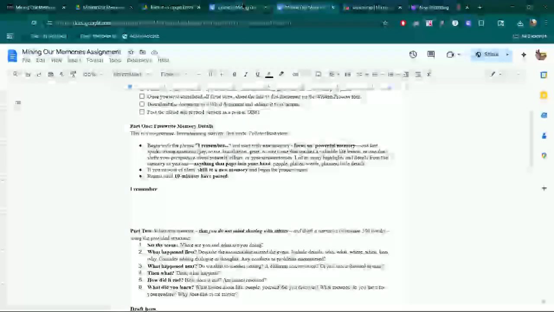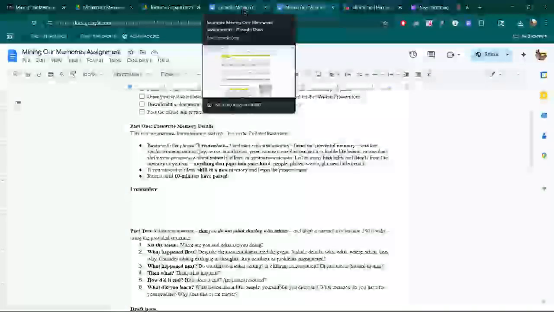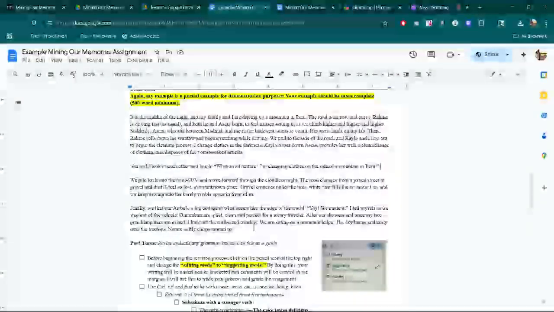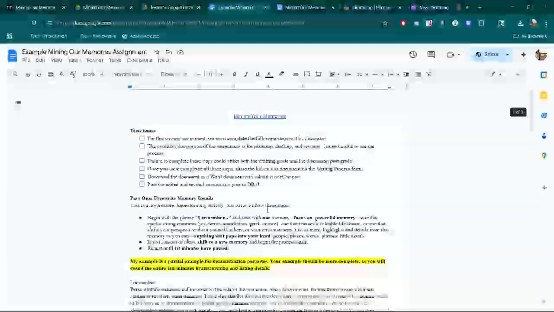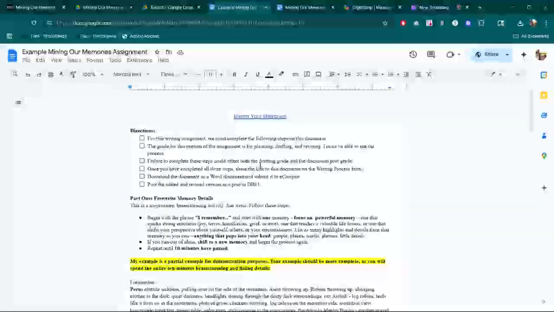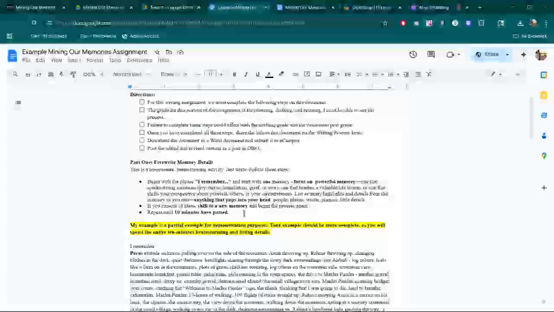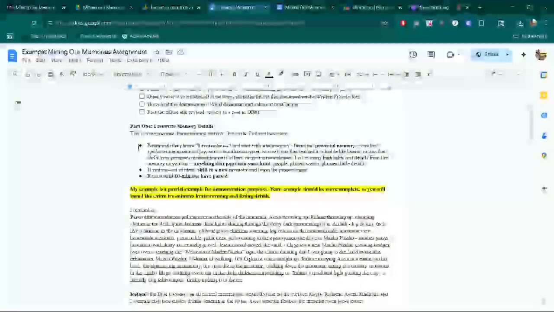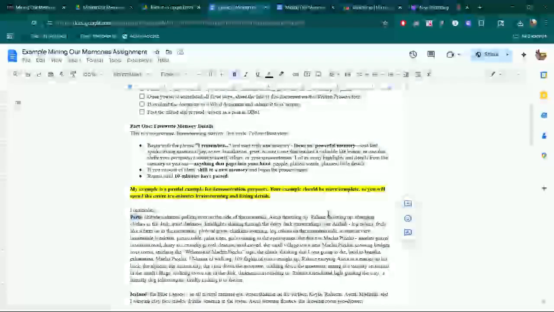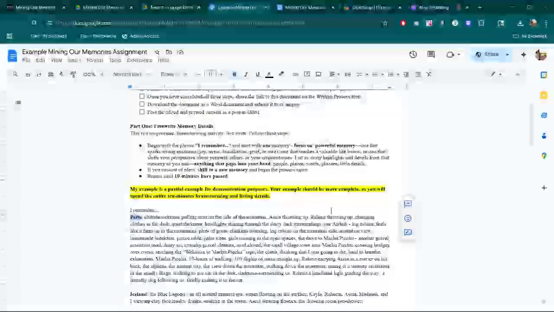And I started this earlier for an example, so I'm going to shift to my document here. Here's mine. Okay, exact same as you. It's what you have, but mine's an example. I started with "I remember," and I wrote Peru. This was like one of my favorite trips with my family. We had the most adventures